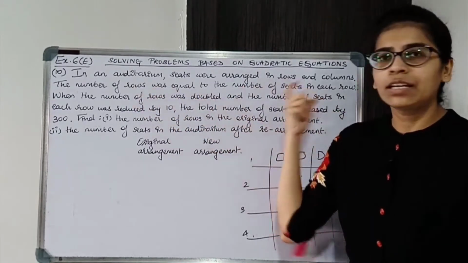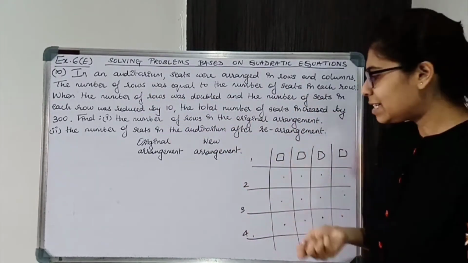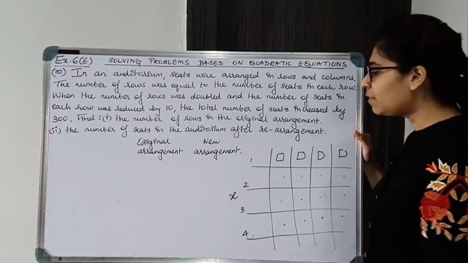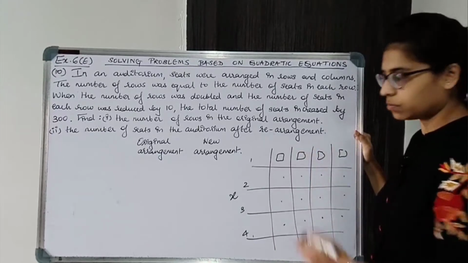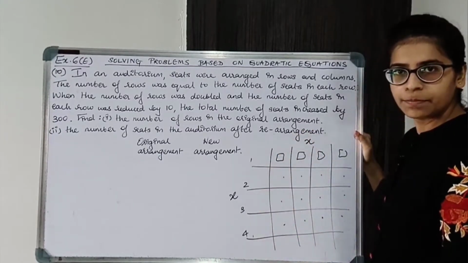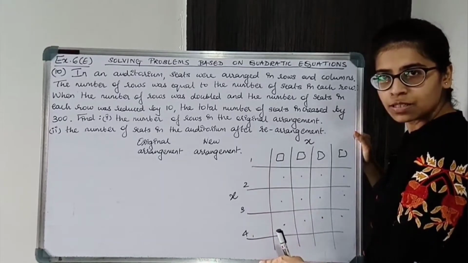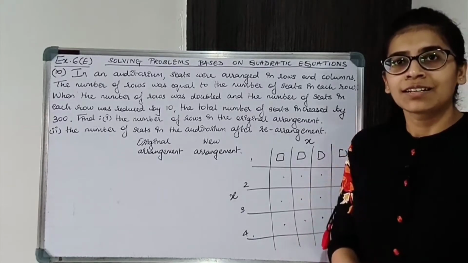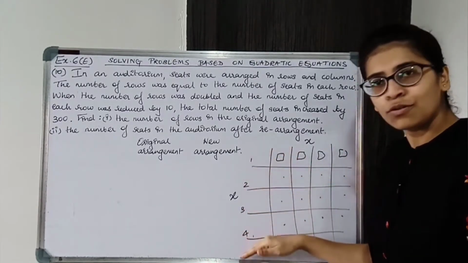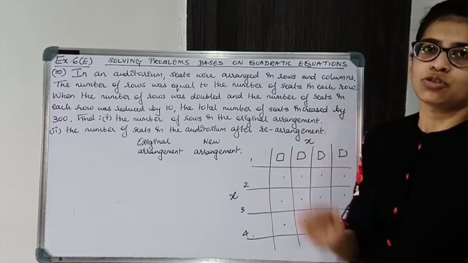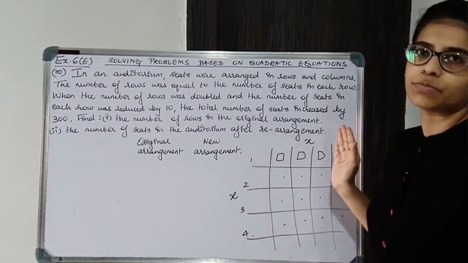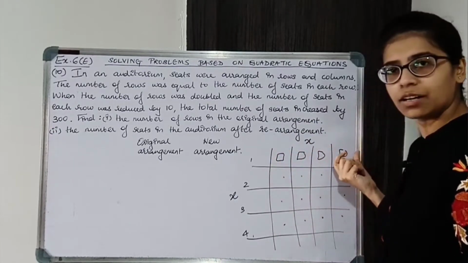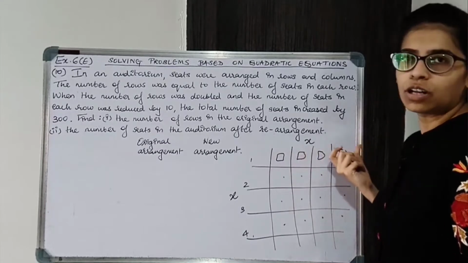Now, how many rows are there? How many seats are there? We don't know. So let's say there are X rows. So there will be X seats in each row. Alright. So what have we considered? Number of rows, then number of seats in each row. What will be the total number of seats? Total number of seats will be number of rows into number of seats in each row. That is basically rows into columns. So columns is also X over here. यहाँ पे X column हो रहा है. जितना seats हैं उतना column हो रहा है.